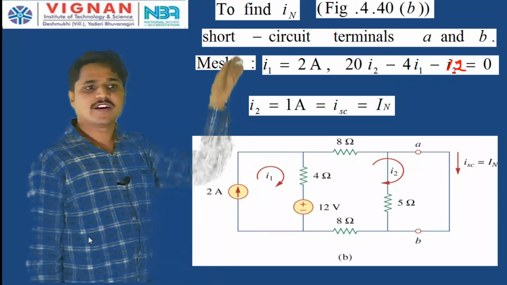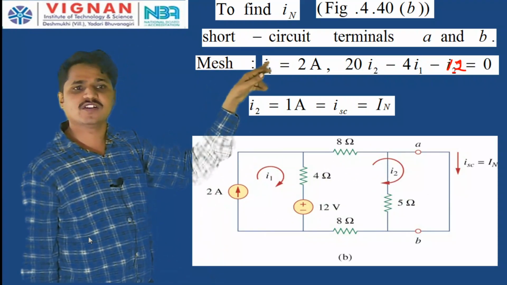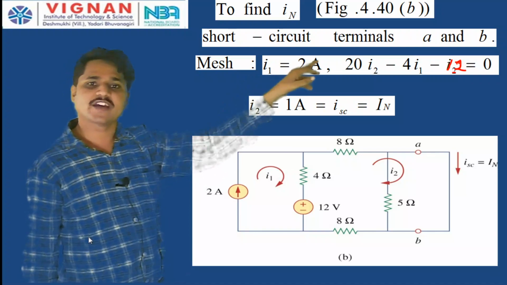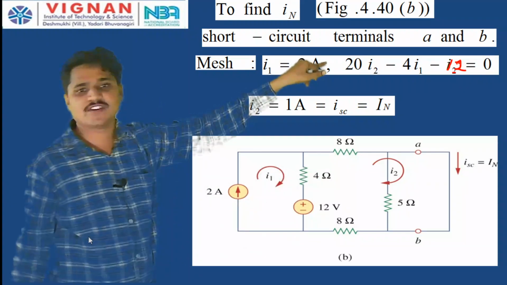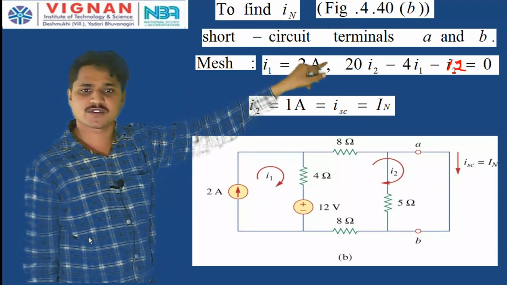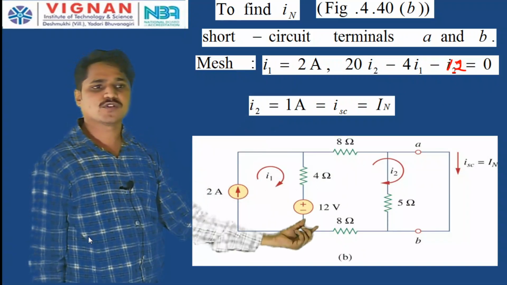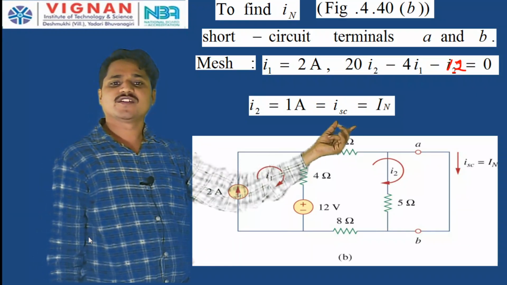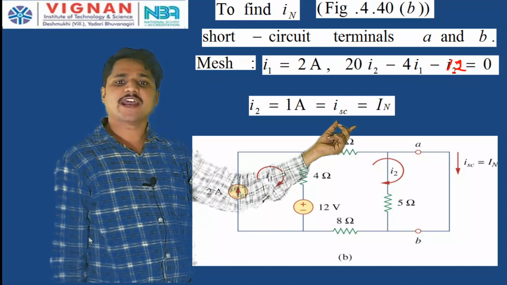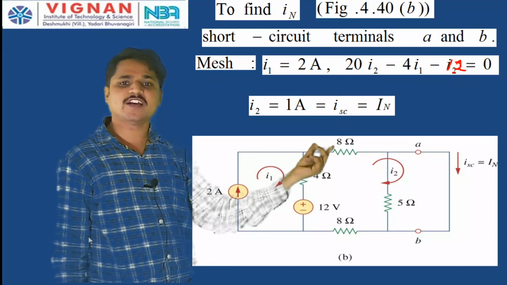So, first let us apply the mesh analysis. What is I1? First, I1 is equal to 2 amperes. Now, apply the mesh analysis in the second mesh. Apply Kirchhoff's voltage law in the second mesh. So, this 8 ohms, this 4 ohms and this 8 ohms, these 3 are in series in the same mesh, because 8 plus 8 is 16 plus 4 is 20. So, 20 into